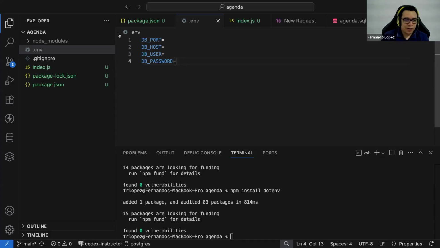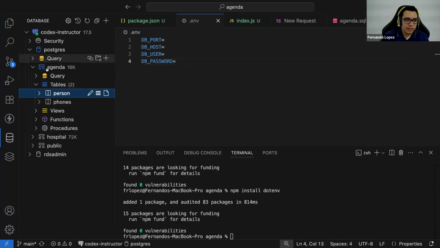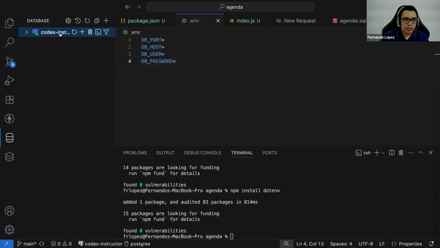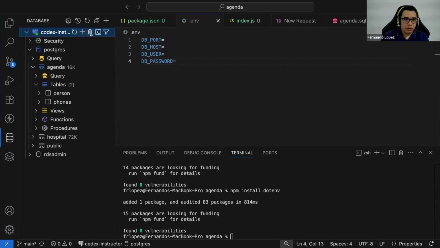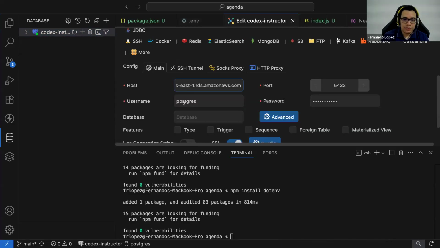Okay, so now how can I put this information here? You have this information in the connection that you created here. If you want, you can edit the connection.